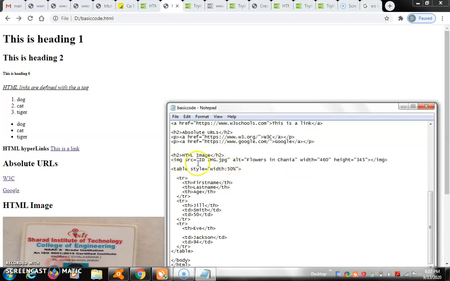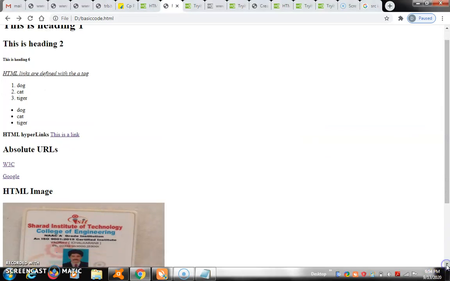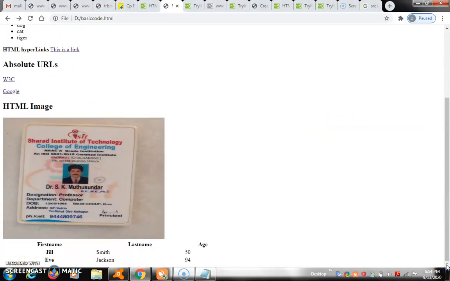This image src is an attribute, and you specify that attribute within double quotes only. Size also you have to give. Width is 460 and height is 345. Then the image will display at that size. So, my ID card.